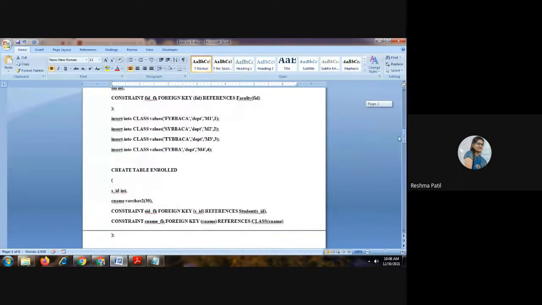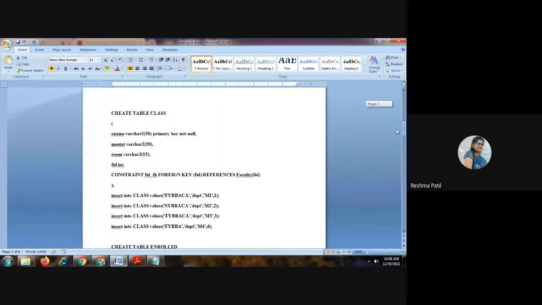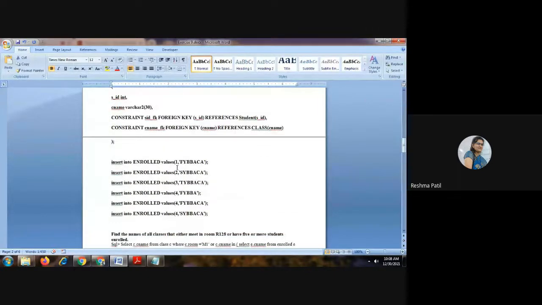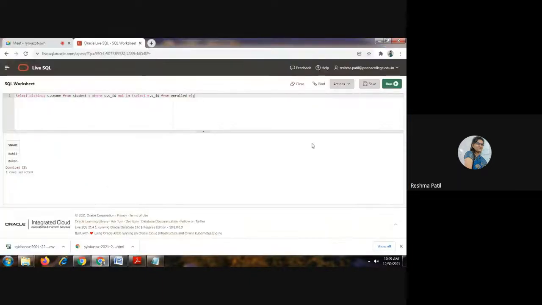Where is the enroll table? Here. If you check 1, 2, 3, 4, only these records we have inserted. The records for 5 and 6 are not inserted. That's why we can show that as the result of this query. These two students, Rohit and Raman, are not enrolled in any class. Understood this?